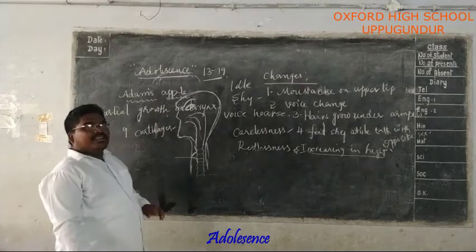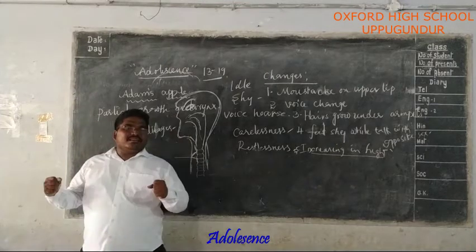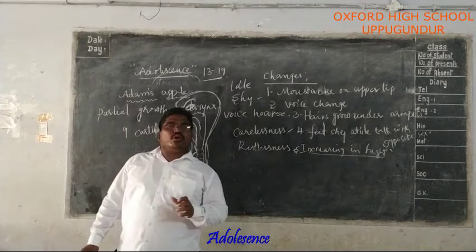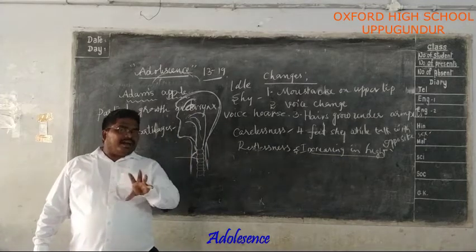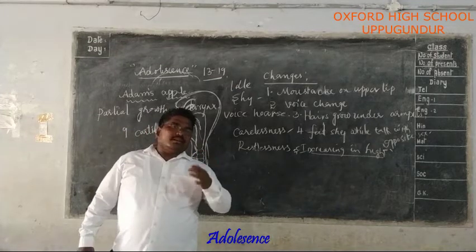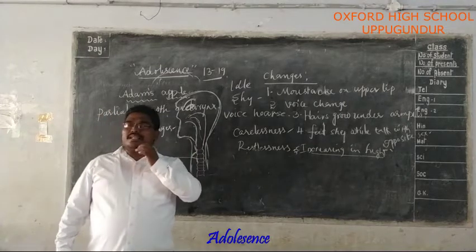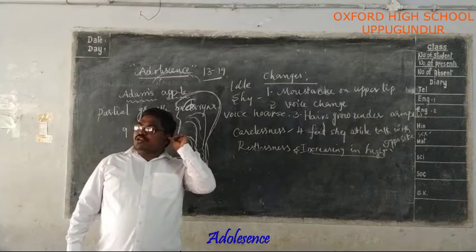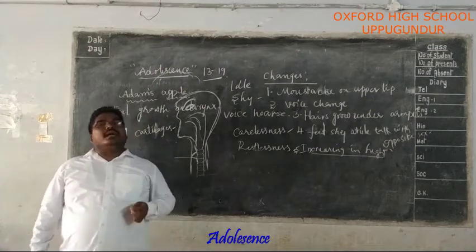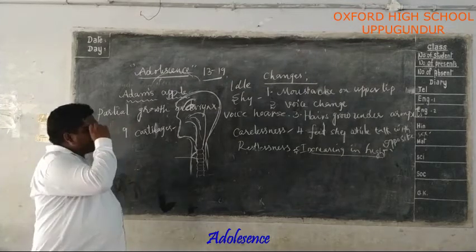Do you know the cartilage? Cartilage is a type of bone, but it is not as hard as the bones. It is a smooth bone, not hard like the internal bones, that means the bones present in the limbs, skull, ribs, and spinal cord. If you want to feel cartilage, it is present in your ears, the tip of the nose, and the trachea. So the larynx is made up of 9 cartilages.